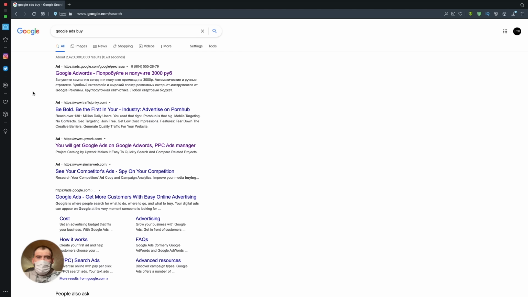Next comes description 1, description 2, which is the text of the advertisement itself. Features are additional links which are clickable. The site links are always displayed